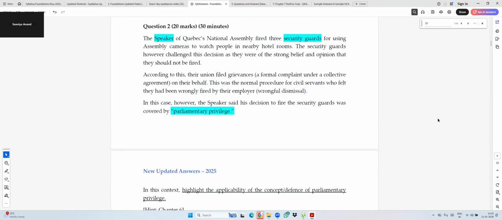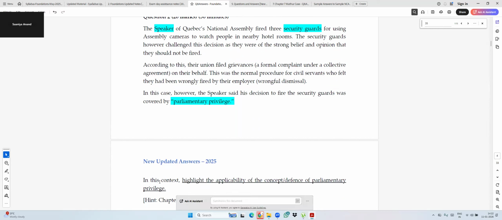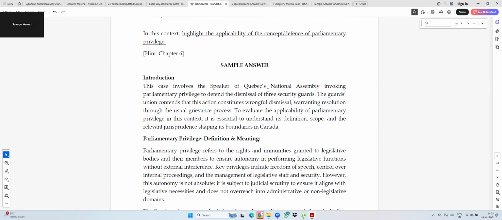Perfect. This is very straightforward. It's that Chagnon case. So the most relevant question is, in this context, highlight the applicability of the concept or defense of parliamentary privilege. So this is directly connecting to that case, what happened, right? So in that case, they say that